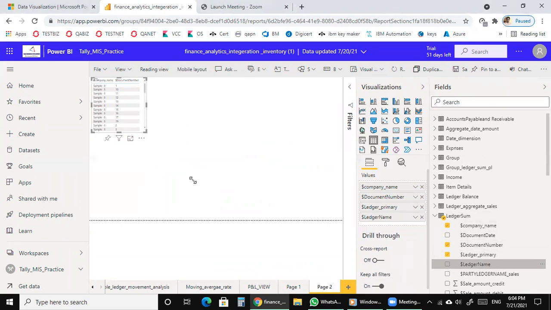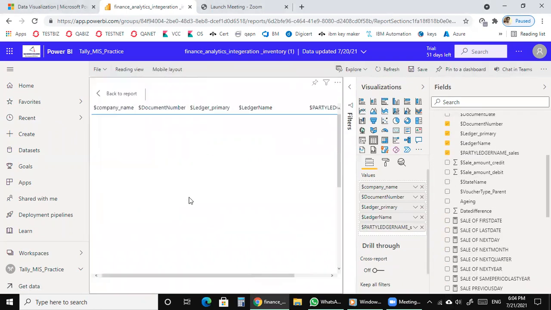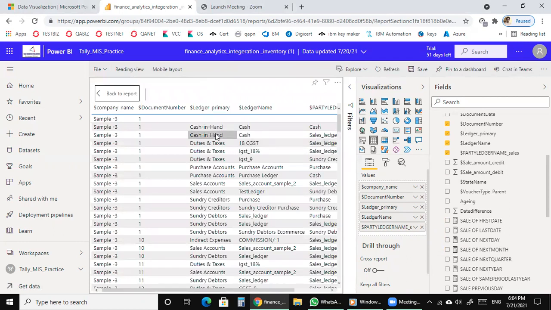This is my lump sum, and I am dragging this one, and this is my lump sum document, and I'm going to show you.